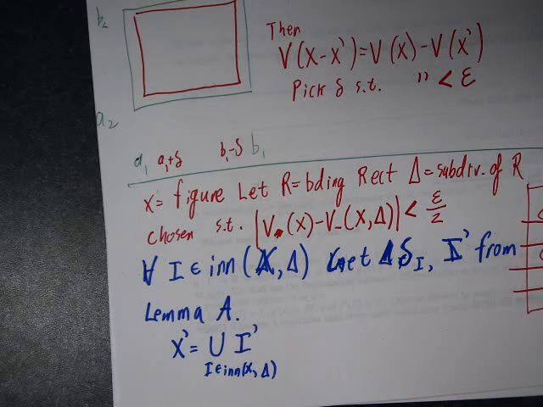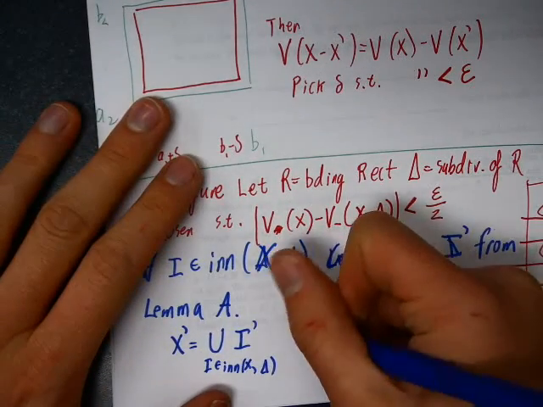If I take a small ball, each of these I primes comes with a delta I, so that if I take a small ball of radius delta I centered at a point in I prime, that whole ball is contained in I. Does it follow that that whole ball is contained in x? I think if I take the smallest of all of the deltas,